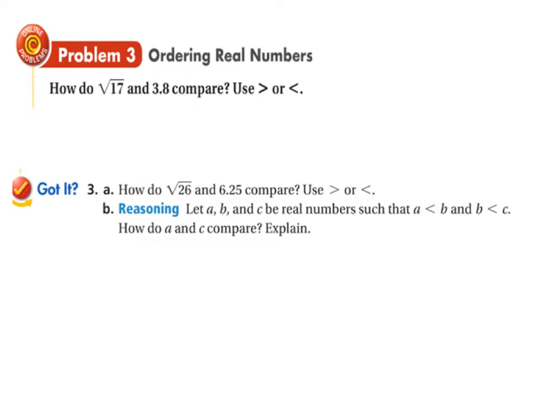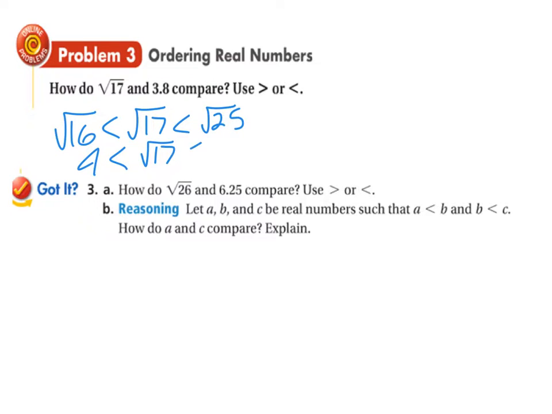When comparing radicals like the square root of 17 and 3.8, one thing I do want to avoid having you do is just type the square root of 17 into the calculator. What I would prefer to look at is the fact that the square root of 17 would be between the square root of 16 and the square root of 25. So I know that the square root of 17 is between 4 and 5. Without having to use a calculator, I can tell that the square root of 17 is between 4 and 5,